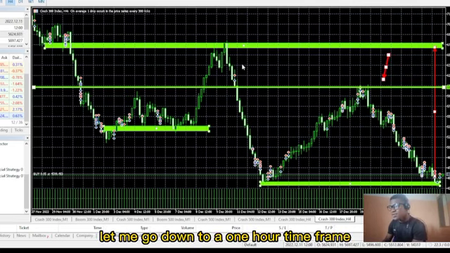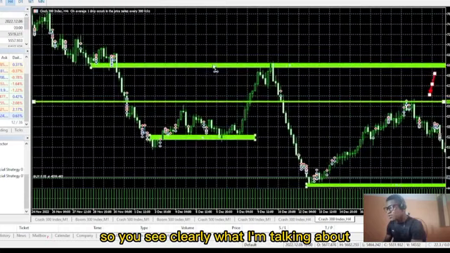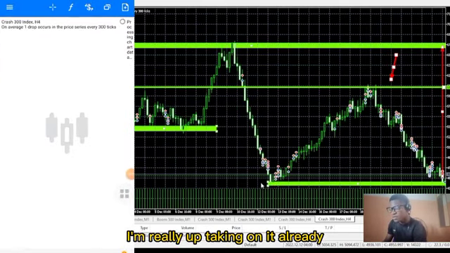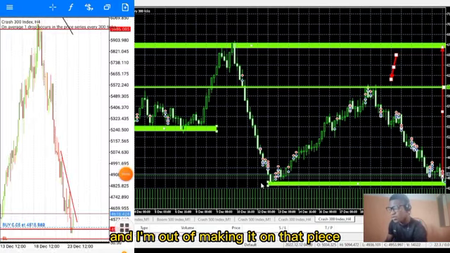All right, now let me go down to a 1 hour time frame, or let's go to the day time frame so you see clearly what I'm talking about in this market. This is a live chart and we are in a trade. If you watch clearly here, we are in a trade. I took an entry and already I've taken 100 pips, and I'm out of the market with 100 pips,